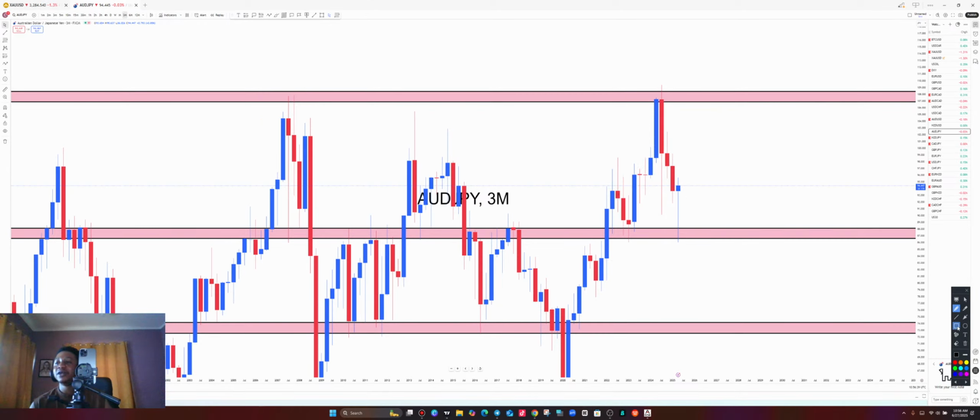So AUD JPY on the 3 months time frame, price will be coming over here to give us what? A lower high. Before what? Sellers will come in and bring the market all the way down. But before price gives us the lower high, we are going to capitalize on that move before it reaches the lower high, before selling pressure comes in. So how do we pick buys before price gets here? Let's find out as we take it again to the monthly time frame.